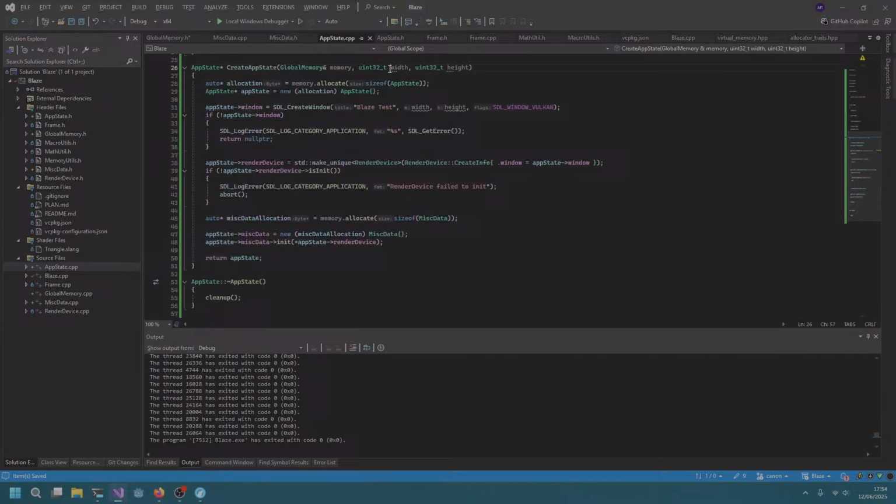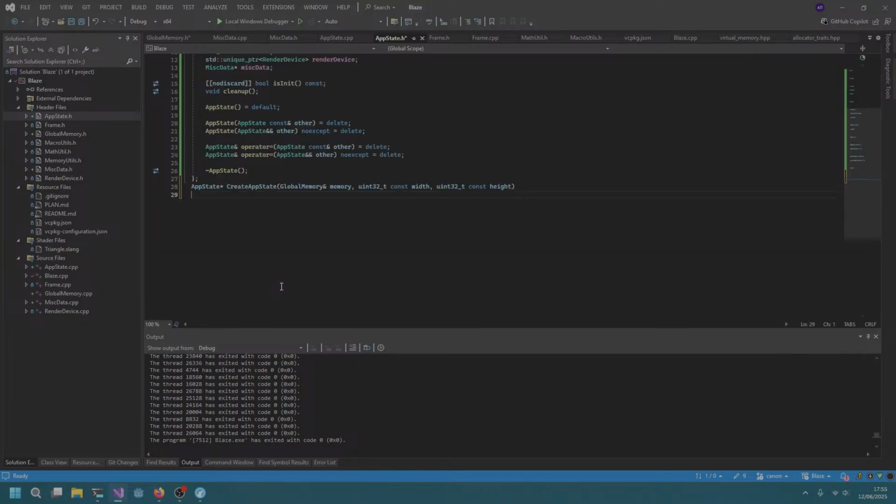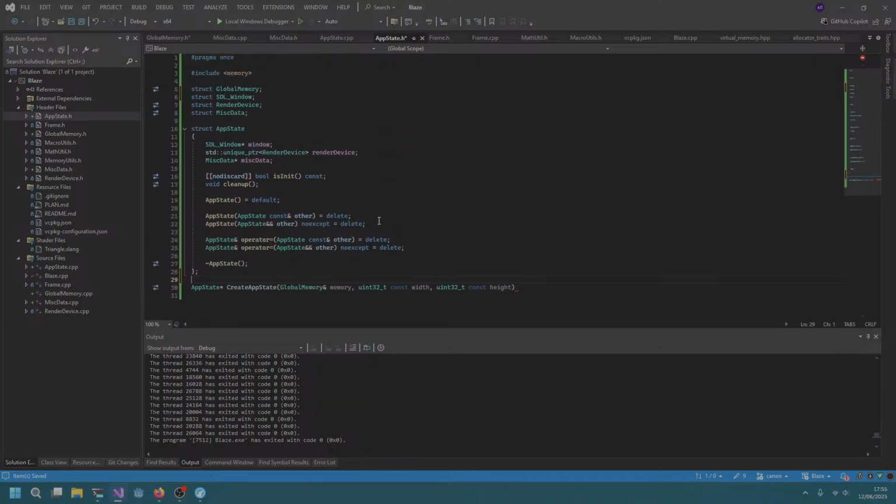Okay, now we can make that a constant, we can make this a constant. So far, so good. App state is fine, but this doesn't exist in the interface. So app state.h doesn't have that function. It needs to be added, and it's added here. Global memory, we will forward declare it. Don't include anything that you don't need. Okay? Now,